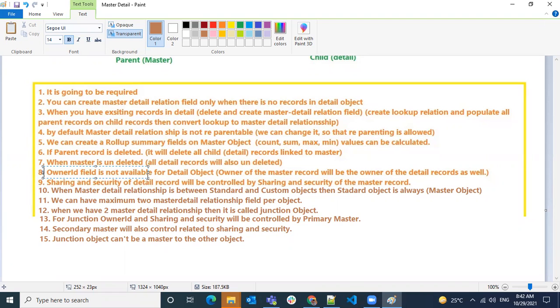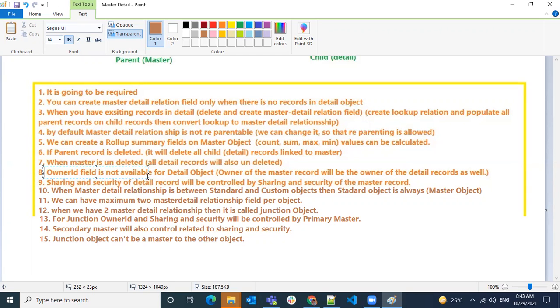And the junction object. Once we have two master detail relationships, that's the maximum, so we become a junction, right? But you can have any number of lookup relations on the object. We don't call it a junction there, because there's no guarantee that we can fill that field. Lookup is optional.